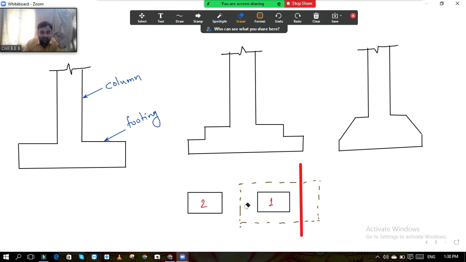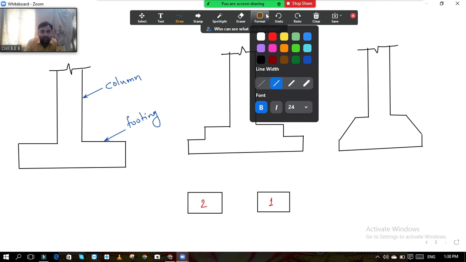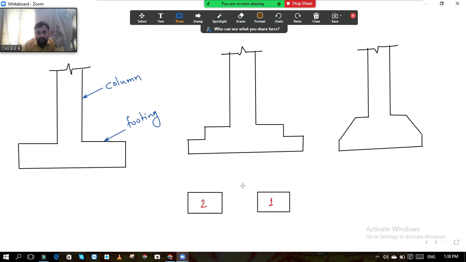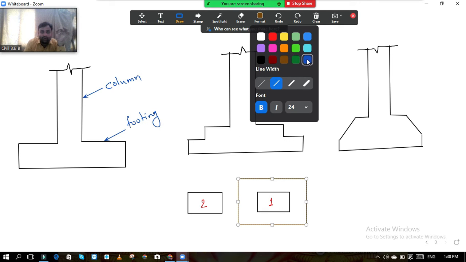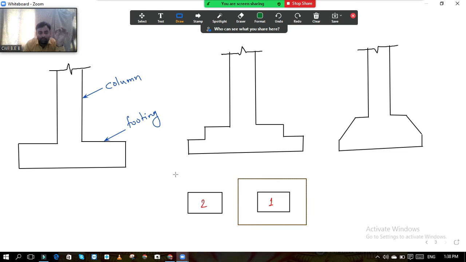Now what is the second scenario? When you go for the combined footing, see, these two columns are closely situated. The space between the columns is less. Then what will happen if I think about the footing of column number 1? Suppose this is the isolated footing which I have designed for column number 1 on the drawing, and now if I design separately the footing of column number 2, then it may be like this. Now here you can see there is an overlapping of the isolated footings on the same level.